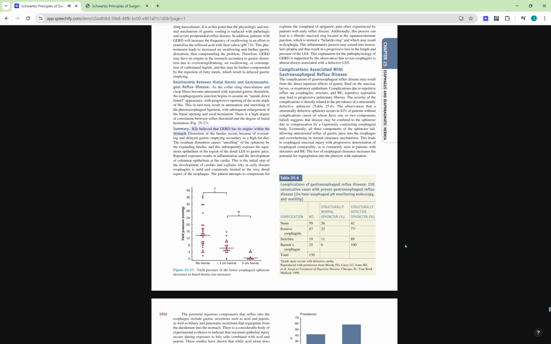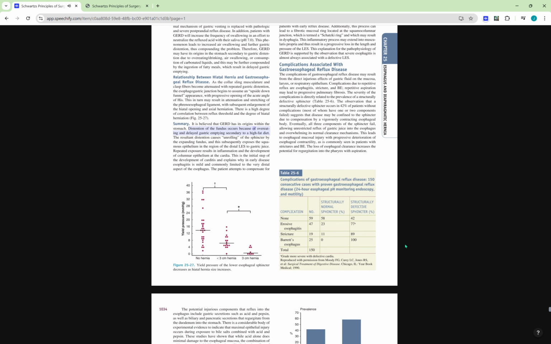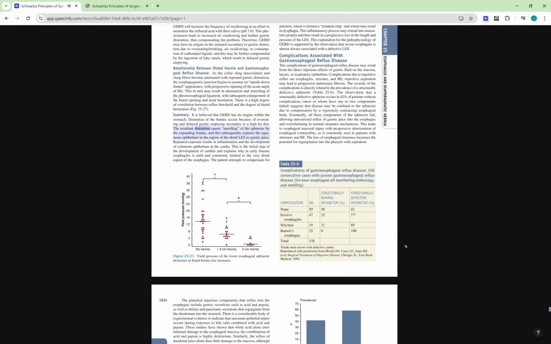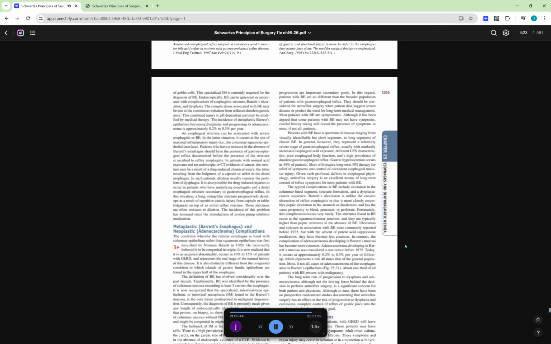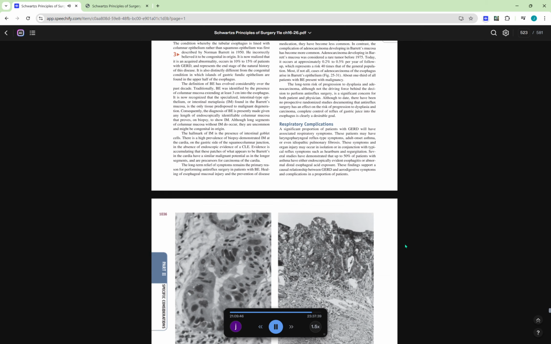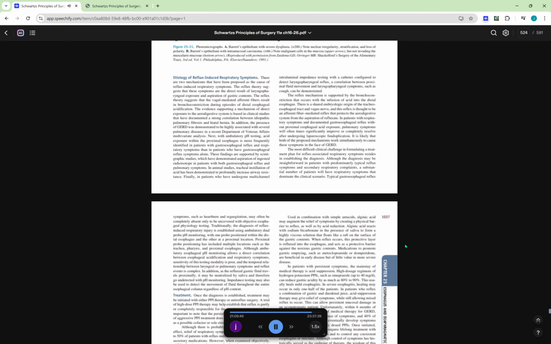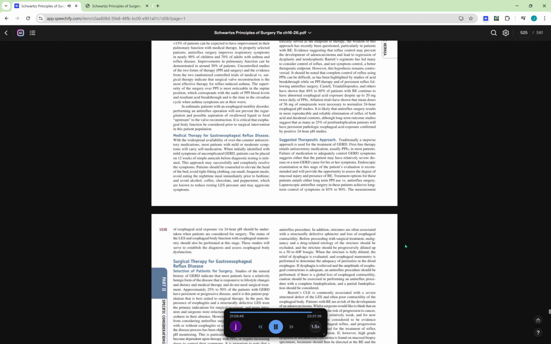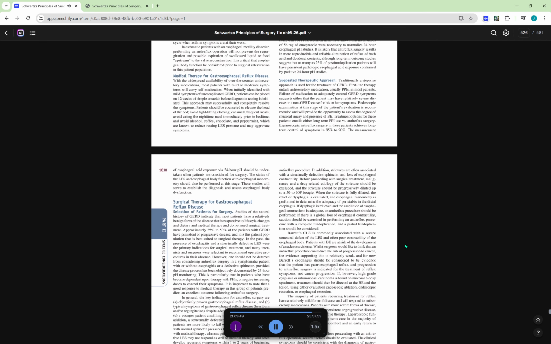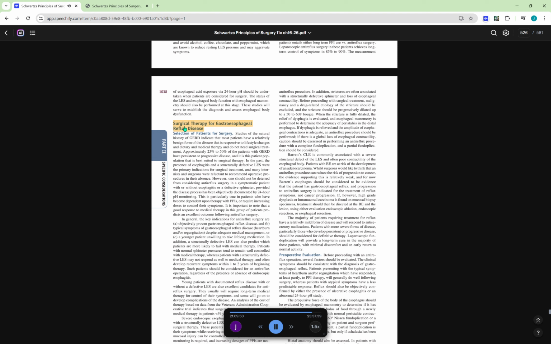Summary. It is believed that GERD has its origins within the stomach. Distension of the fundus occurs because of overeating and delayed gastric emptying secondary to a high-fat diet. The resultant distension causes unrolling of the sphincter by the expanding fundus, and this subsequently exposes the squamous epithelium in the region of the distal esophagus to gastric juice. Repeated exposure results in inflammation and the development of columnar epithelium at the cardia. This is the initial step of the development of carditis and explains why in early